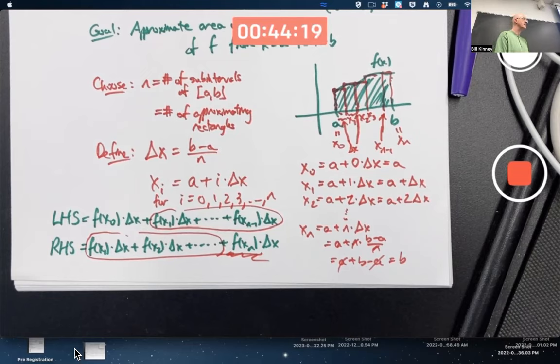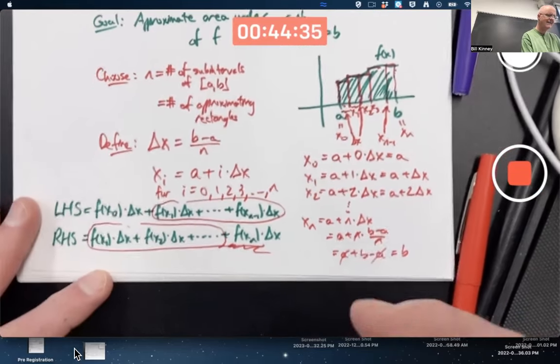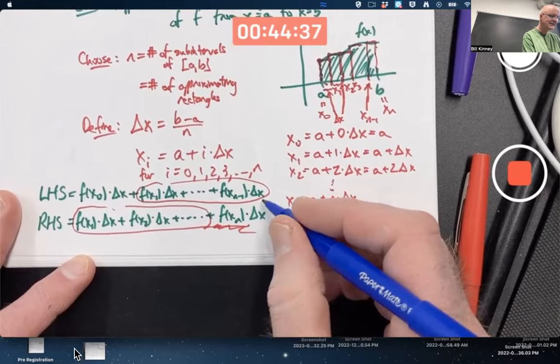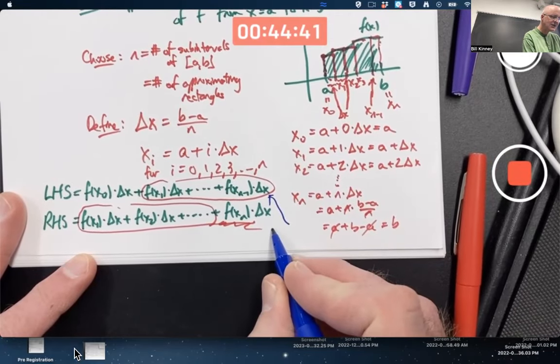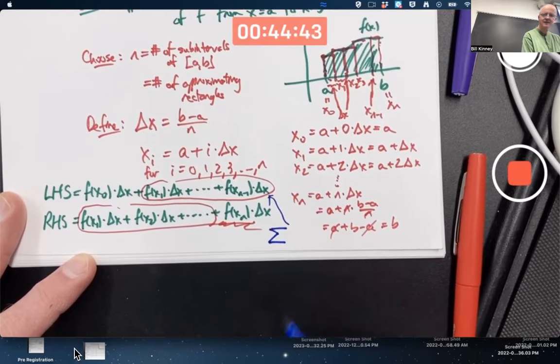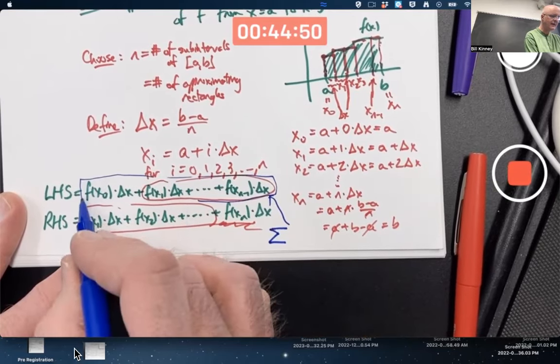Have you encountered sigma notation before? Summation notation? We're about to use it. People always get kind of scared by sigma notation, including myself when I was younger. We can write these summations using capital sigma notation for summation. I'm talking about the whole sum here. For the left-hand sum,